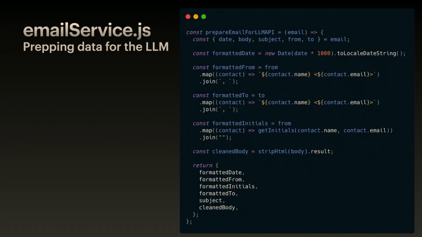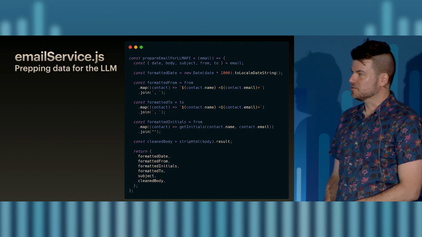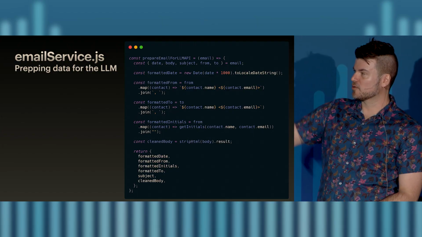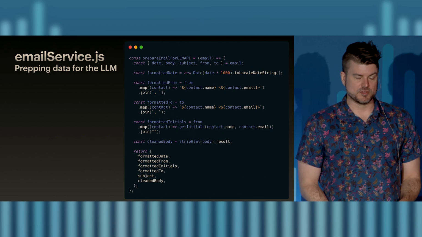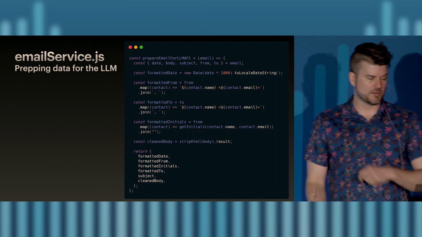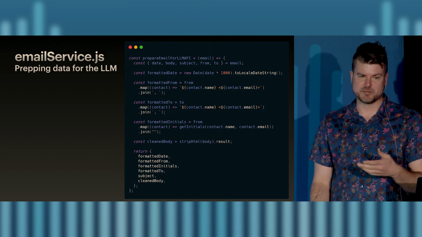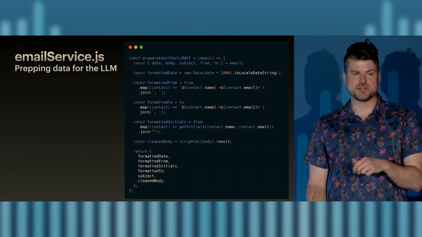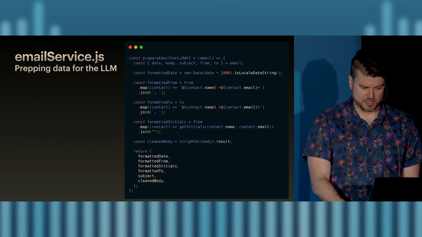Once we have all of that data, now my application just needs to massage that into something that will be useful when I make the LLM call. So we're not going to go through all this code. The main thing I'm showing you here is that we're just wrangling an object from one thing to another thing so we can pass it along. Nylas gives us that email parameter that you can see at the top of the function there, and we're just yanking out some properties like date, body, subject, from, and to, putting those into a format that will then be used with the LLM.